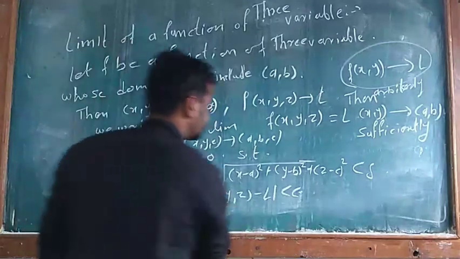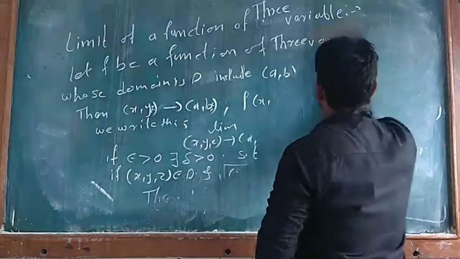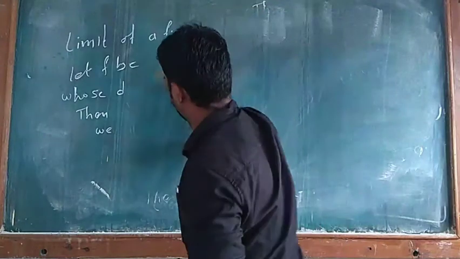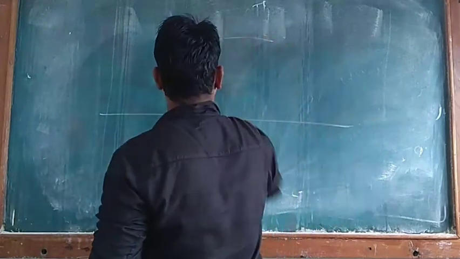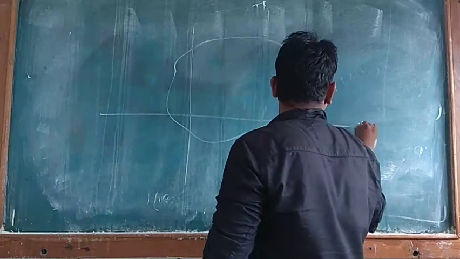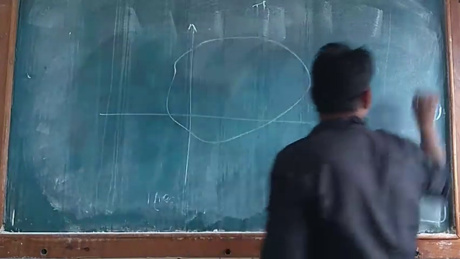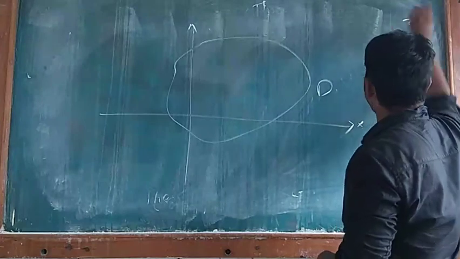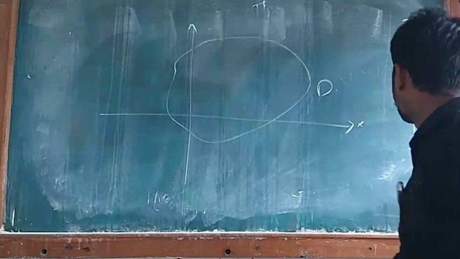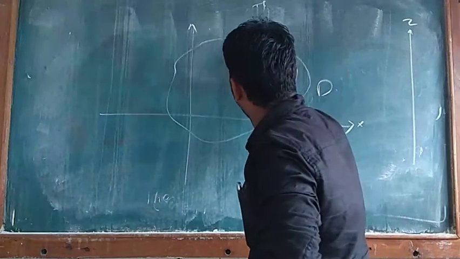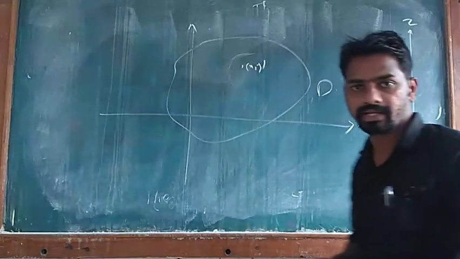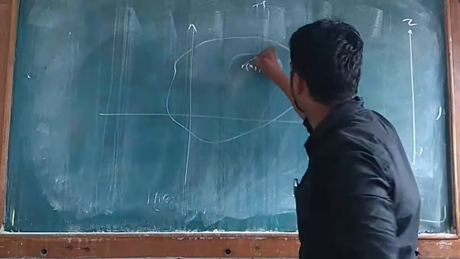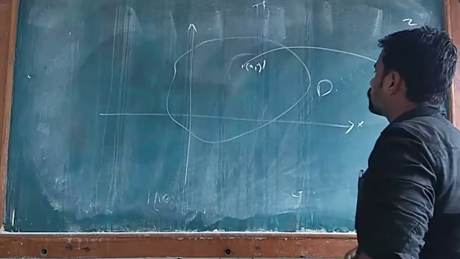This is the graph. Say this is the x-axis, this is the y-axis, and this is the function, that is z. We can take a point (x, y), and (x, y) goes to